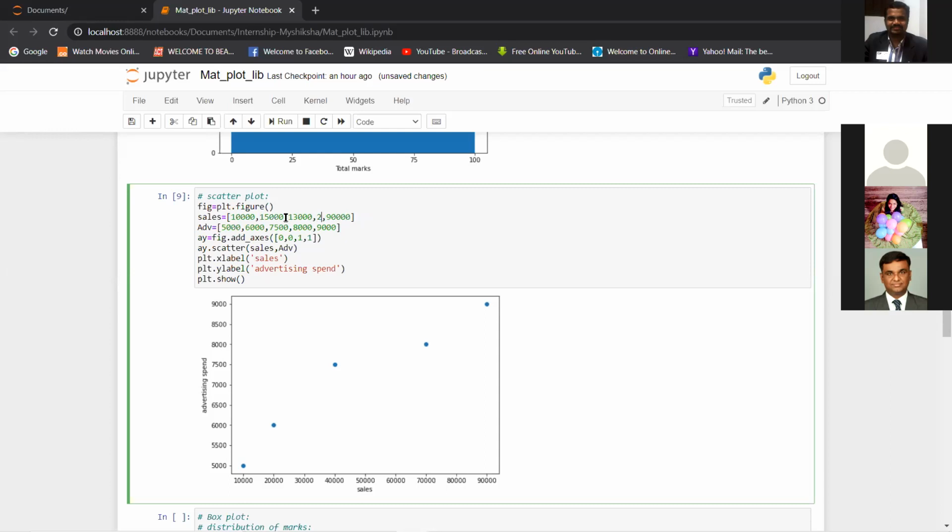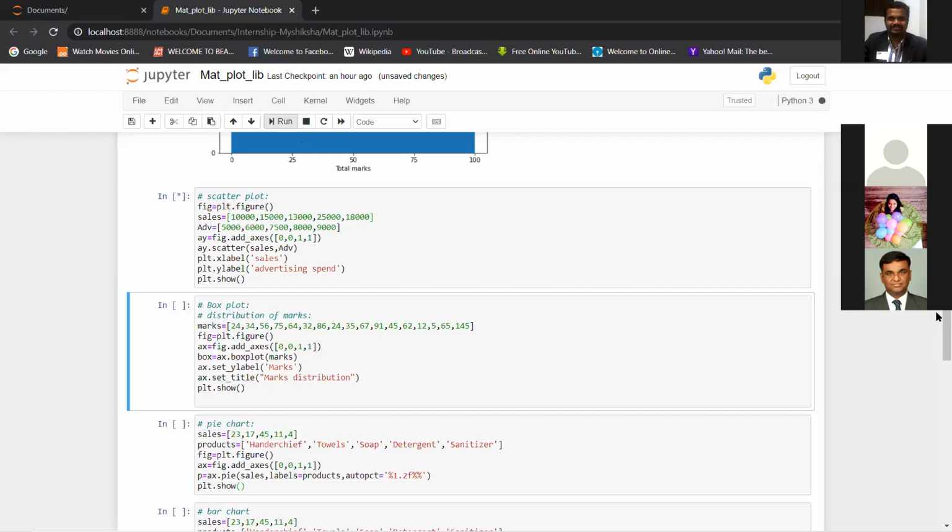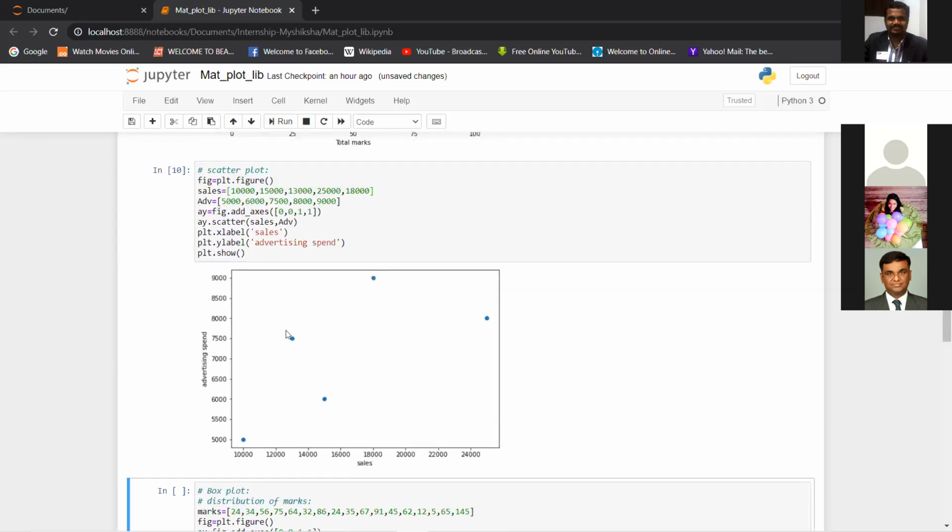So if I say something like this and I run this, now you see the linear relationship it had previously, now it is very less linear, right?